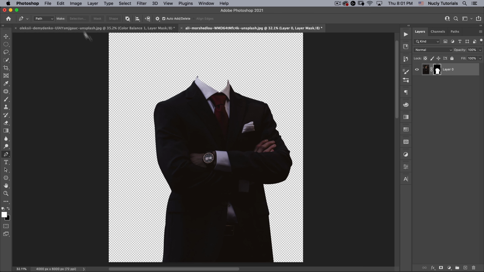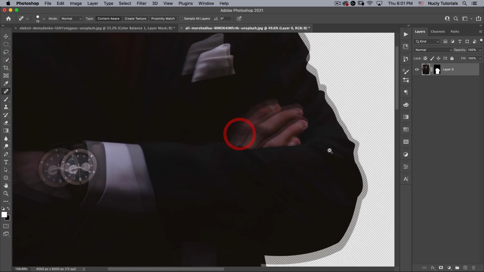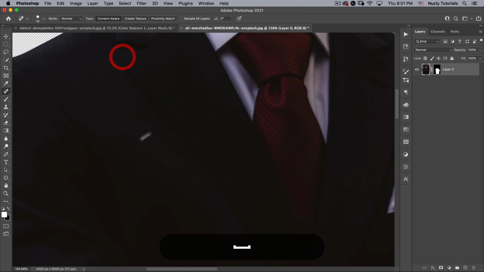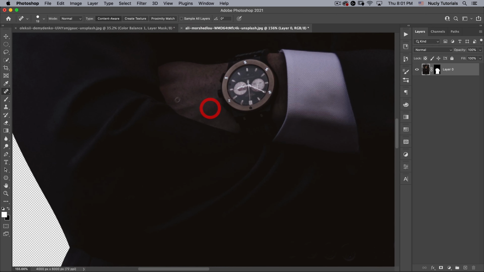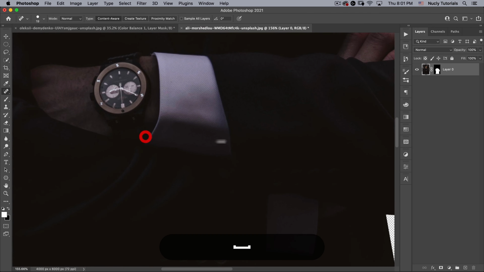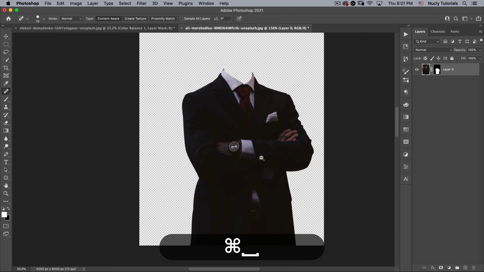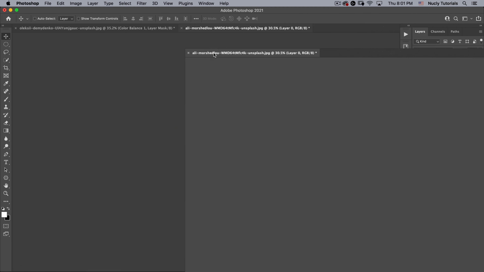Before I go ahead and bring this into my other file, I do want to just clean up a couple spots here. I'm going to go on my main layer, go to my spot healing brush, clean up that spot, just kind of go through here. Make sure there's no other obvious spots. I think those are the main two. Can even get rid of a couple of these spots in his hand. That one there. Okay. All right, so now I can right mouse click, convert to smart object,